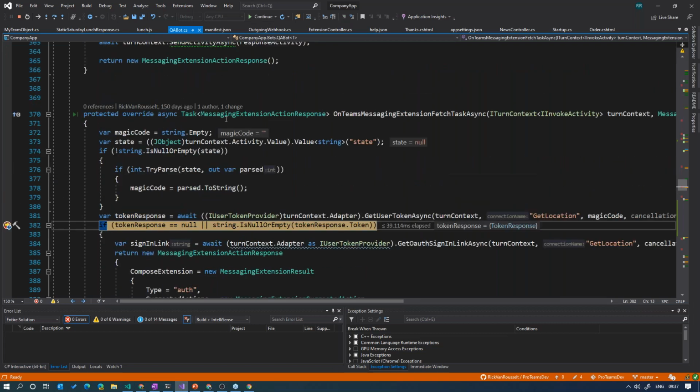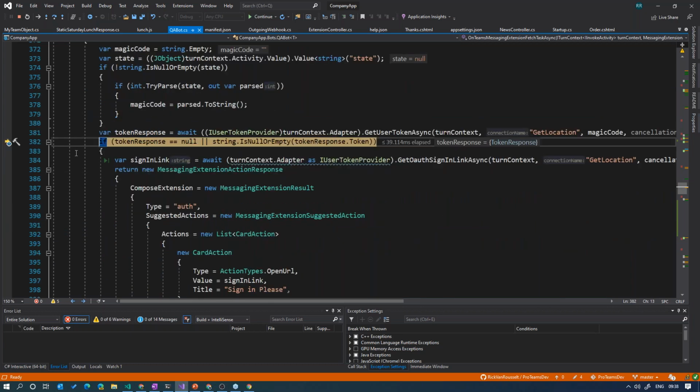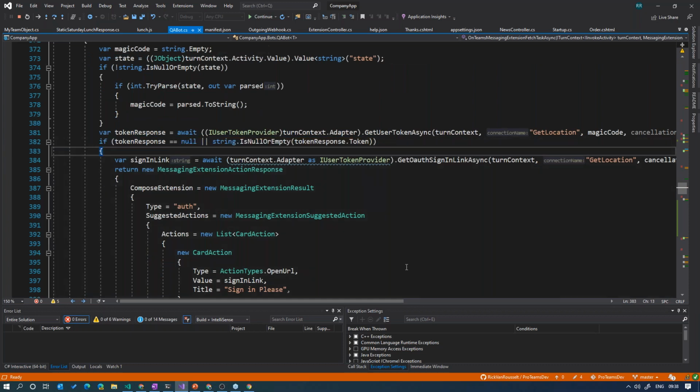So by default, you're not authenticated in a messaging extension, but no worries, you can just use the messaging extension by yourself. So you can get the state. So if the user is already authenticated in the state, I'm already authenticated, so I get a token back. But if I'm not, so let's say, for instance, I'm not, so token is 0, then I can say,